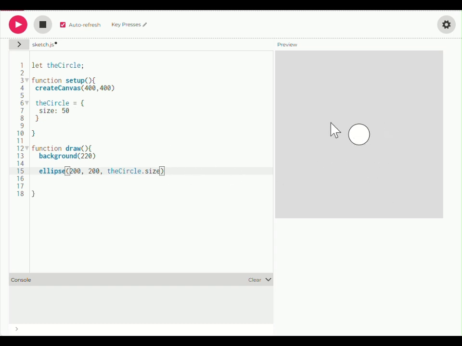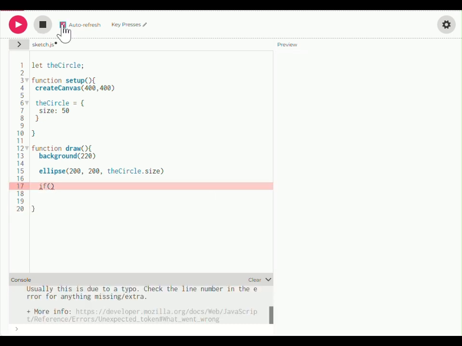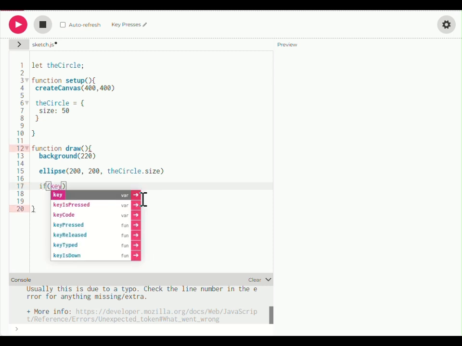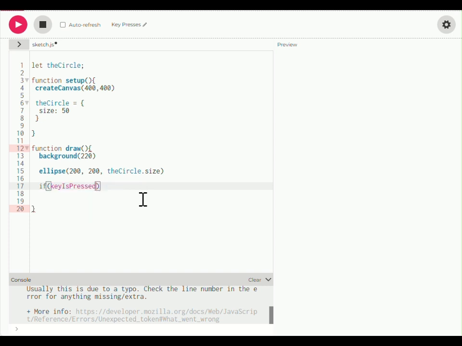Okay, and let's just start off with something simple, such as when you press a key on the keyboard, it will make this shape get bigger, and then maybe another one to make it get smaller. So let's see. There are a couple ways to do this. Let's start off with an if statement. I'm going to undo this auto refresh. I don't like that. Okay, so if key, notice key lit up in red, but when key is pressed,